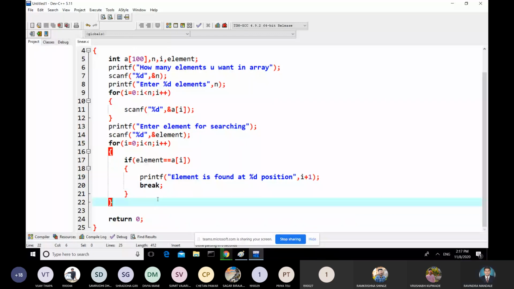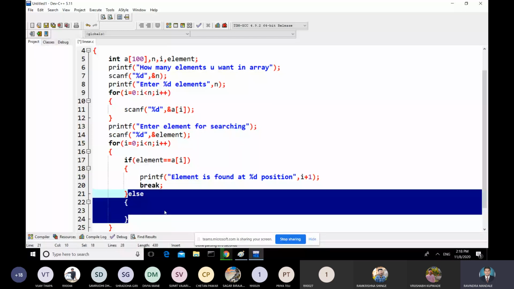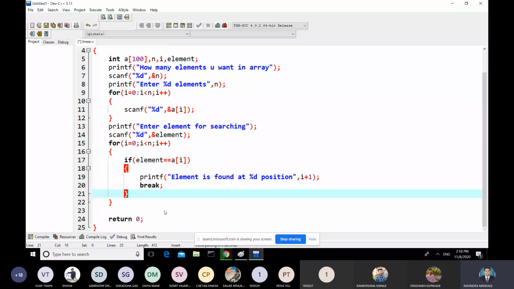But I can't add else directly here. If I add else for element is not found, then if your element is not present at the first, second, third, and fourth position, then 4 times you'll get element is not found. So to avoid that, I'm using one simple variable called a flag variable, or you can use any variable.